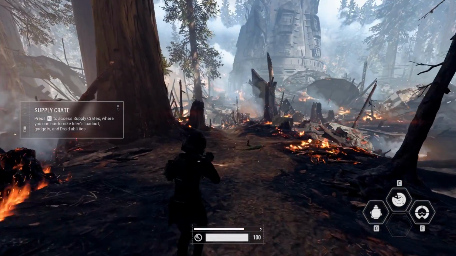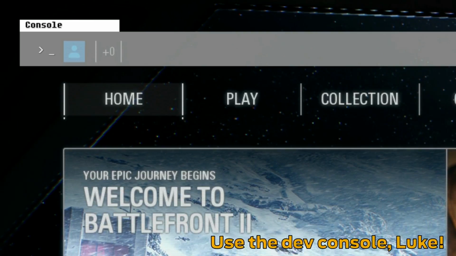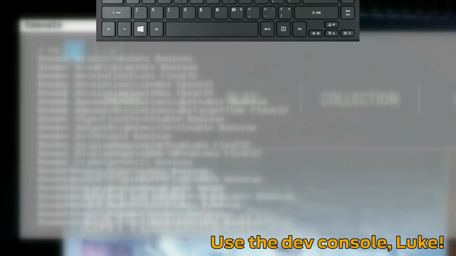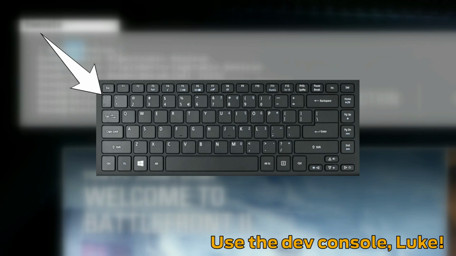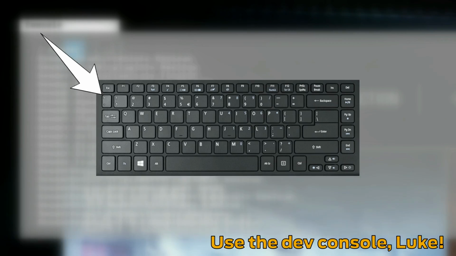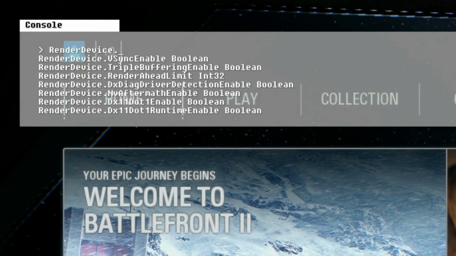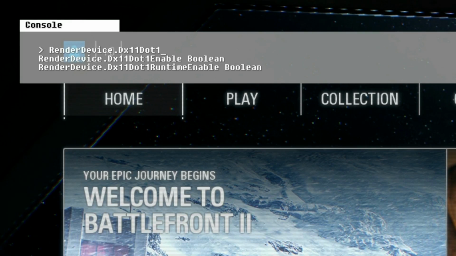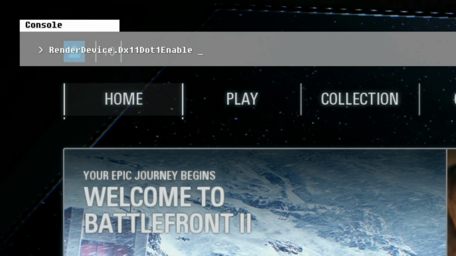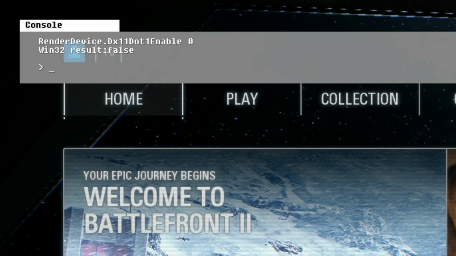And now, we're going to talk about one interesting thing, the Dev Console. You enter this tool from almost any part of the game by pressing what is often the tilde button in the upper left corner of your keyboard. The console allows you to test and change game variables while the game is running. Most are already on their lowest value, but there are still some that are worth talking about, like